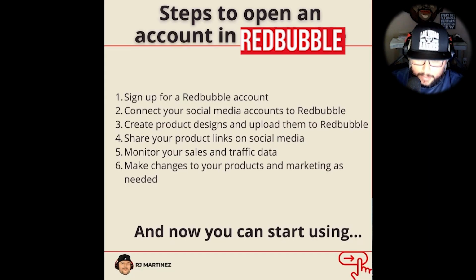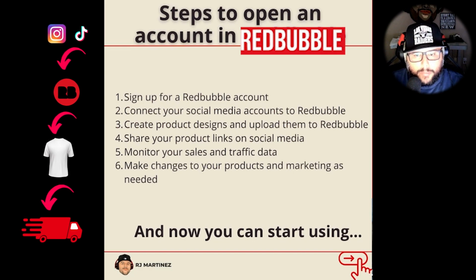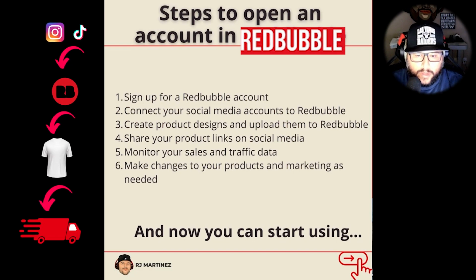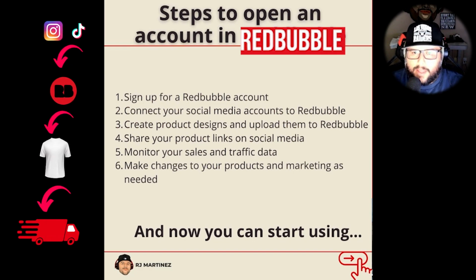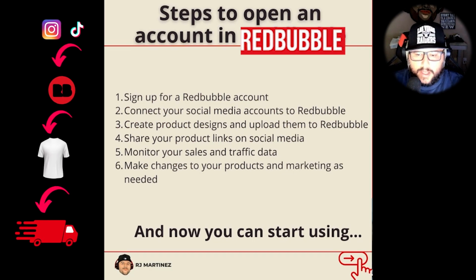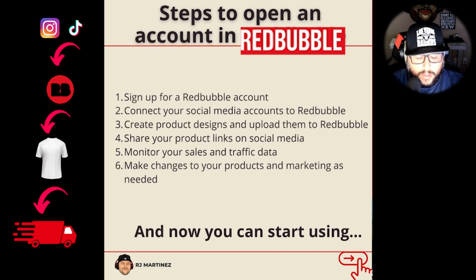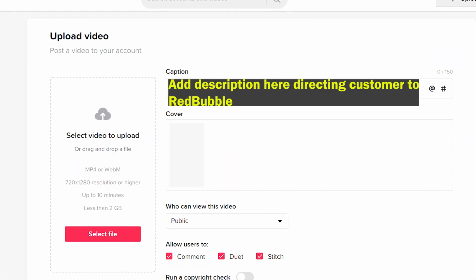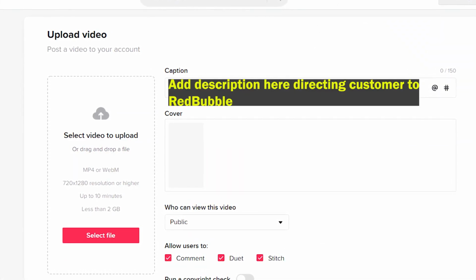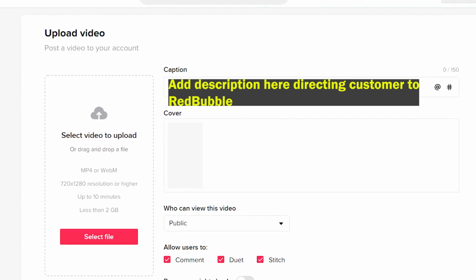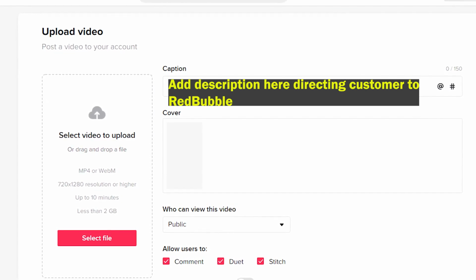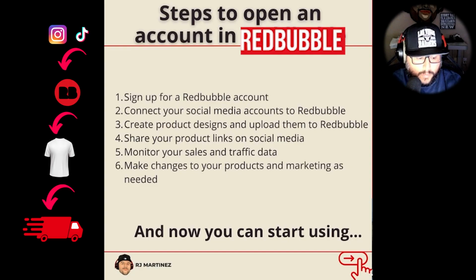Connect the product designs and upload them to Redbubble. So what you're going to be doing is putting your products live on Redbubble. This is going to be like your landing page, and you're creating content on these other social media platforms. So basically, when you create a form of content on, let's say, TikTok or Instagram, when the customer goes over to Redbubble and lands on the page, they can see your product, your t-shirt,